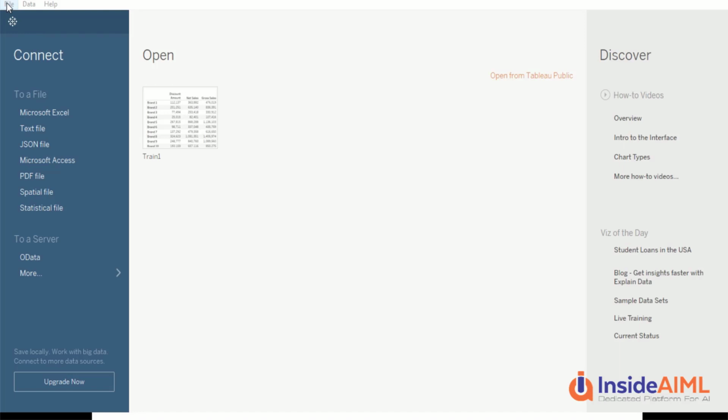Now with Tableau Public, you can only use certain file formats, and you have to actually publish it on the web, and only there can you save it. The save only happens on the cloud, and whatever you are doing is openly available. So Tableau Public is only for learning purposes. Do not use it for any other purpose. That's the advice.